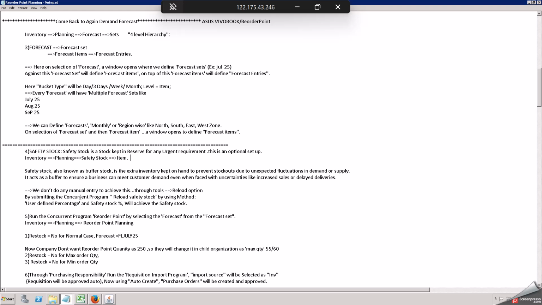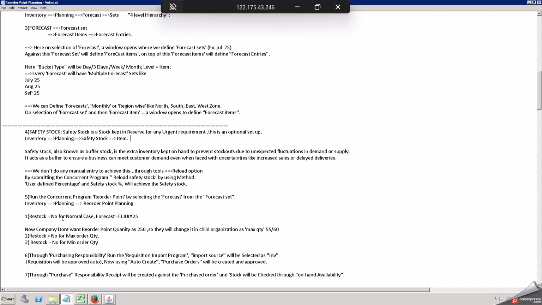Once this has been achieved, we need to submit a concurrent program called Reorder Point Planning by selecting the forecast against which we are submitting it. We have three conditions here. Restock equal to No is for the normal, initial case. In case the company doesn't want the reorder quantity we have achieved, and wants only a maximum quantity of half of it,